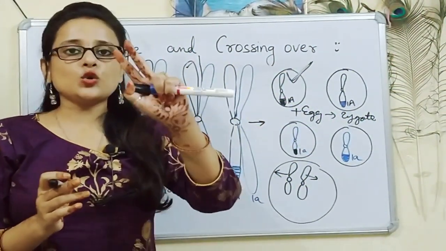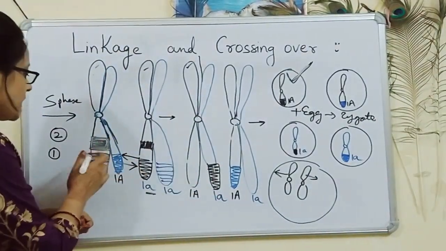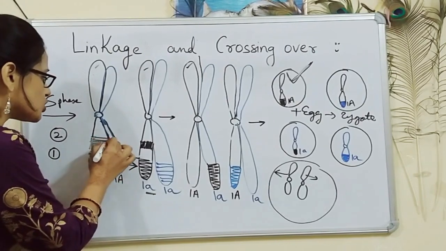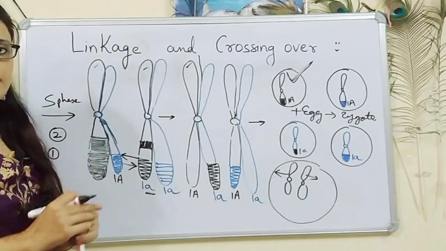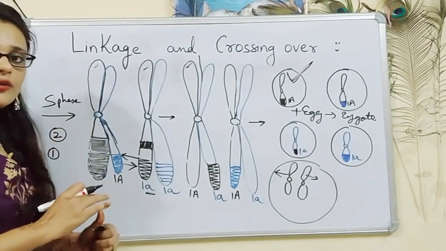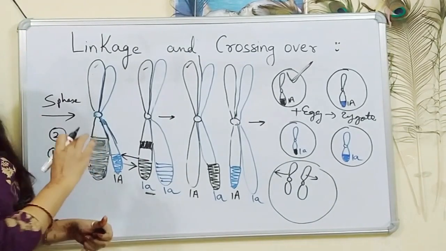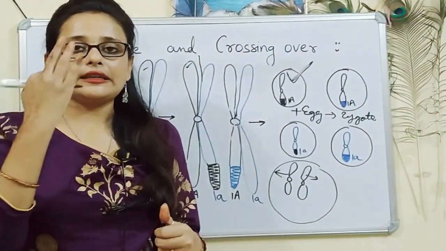Now suppose there are 2 genes instead of 1, gene 1 and gene 2. Gene 1 is present in this region and gene 2 is present very close to gene 1, that is, they both are physically linked to one another. Now crossing over cannot separate them, or the chances of their separation are very less. We will understand this in detail by taking 3 cases.